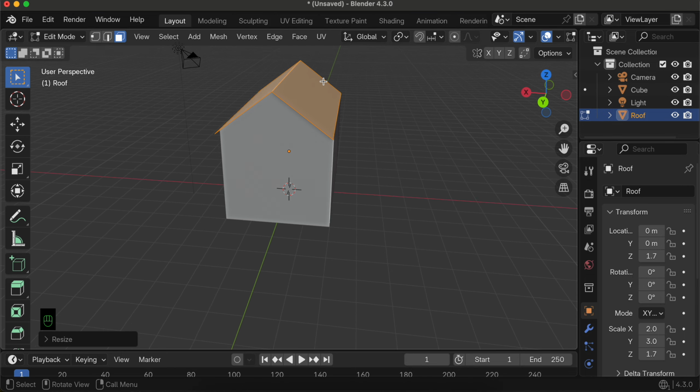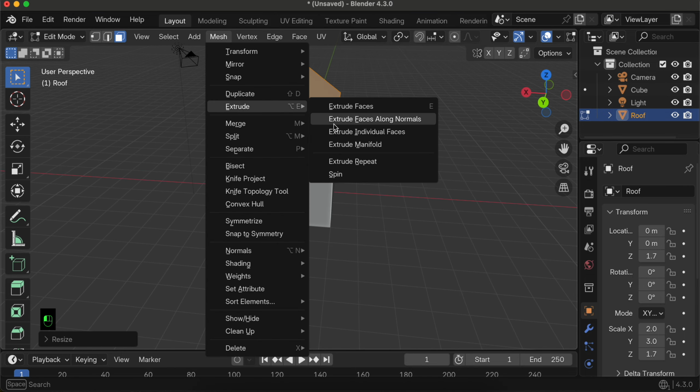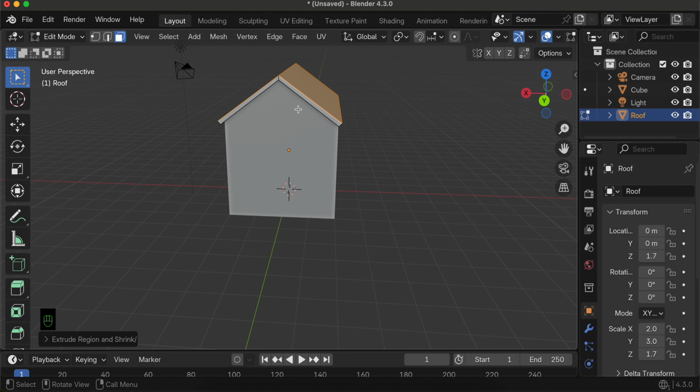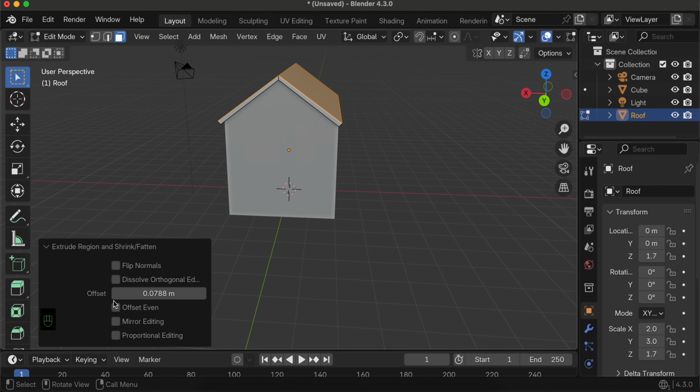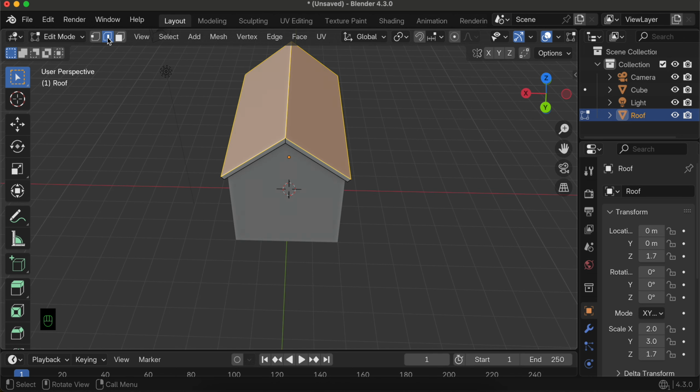Then we need to do mesh, extrude, then extrude face along normals, and just do something like this, just a little bit. Then enable offset even. So here you will see this option, enable this offset even option, and then we'll have to select the top edge. So I'll select this edge mode, I'll select this top edge